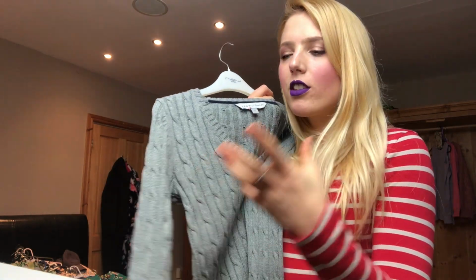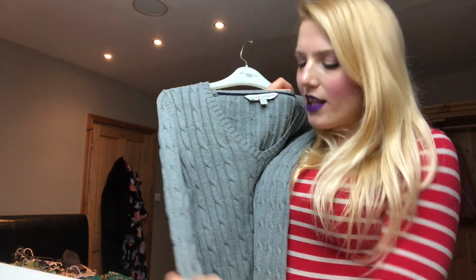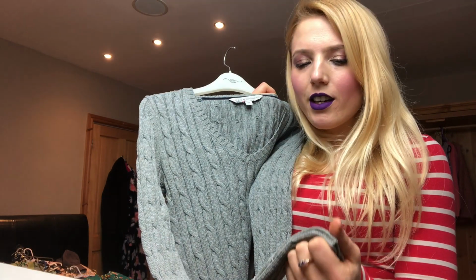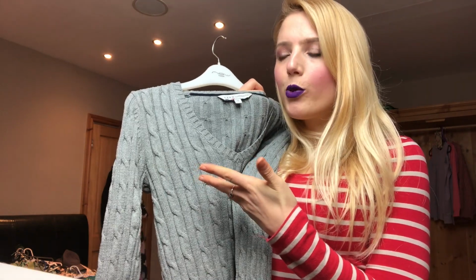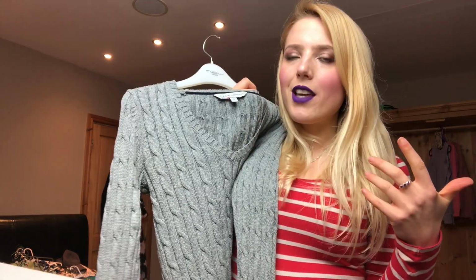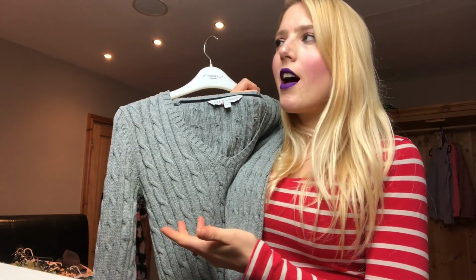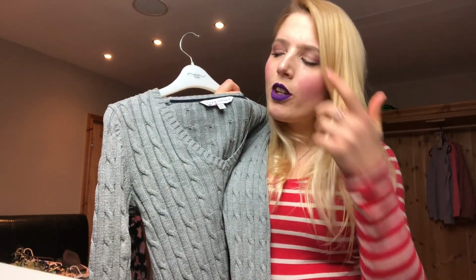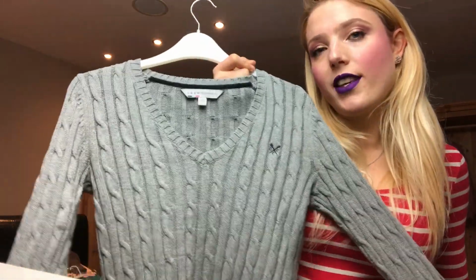So there's lots of items of clothing here that are my mother's. Like this was my mother's, and this was my mother's. I've held on to them, because I didn't want to buy any new clothes and these are good, but then I also feel like I'm stuck in someone else's style. My mother was like 50 when she was wearing these, and I'm 32. I'm going to be really brave, and I'm going to put this in the